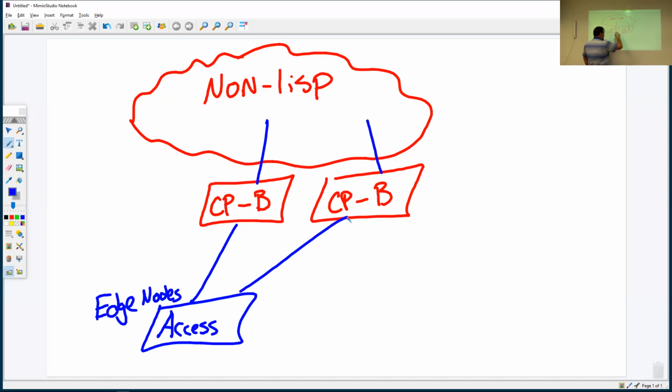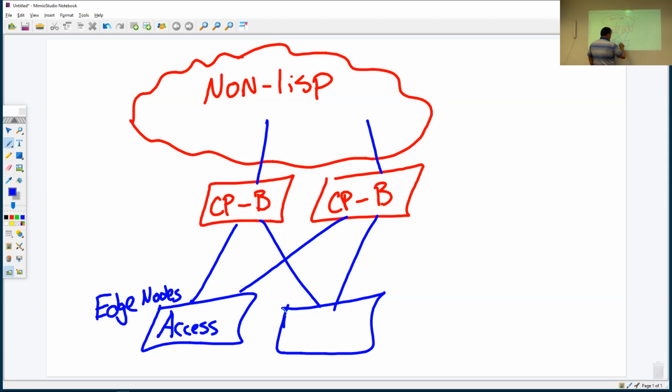And again, usually you're going to see that these guys are dual home that are out over here. And then we would have our individual users that hang off of these access layer switches. Okay. Now, one of the beauties that we're going to see within here is that when we have an edge node,